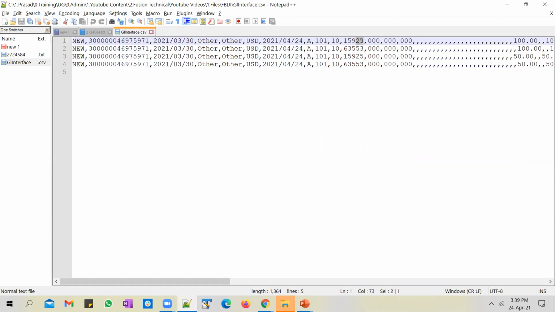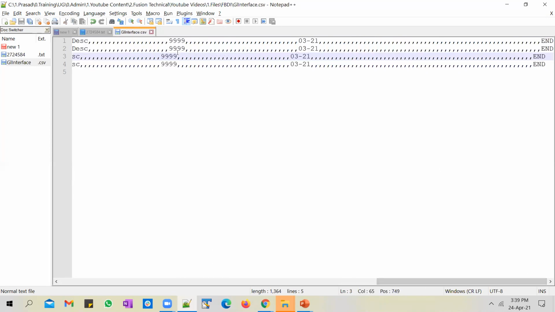And the way I do it is I try to create an error by changing this debit account number to an invalid one. Okay, so 15925 is a valid account number. I'm changing it to 15929. So I'm trying to create 4 journal lines, 2 journals, journal 1 with lines 1 and 2, journal 2 with lines 3 and 4. And the debit line account number, I'm updating it to an invalid account number.